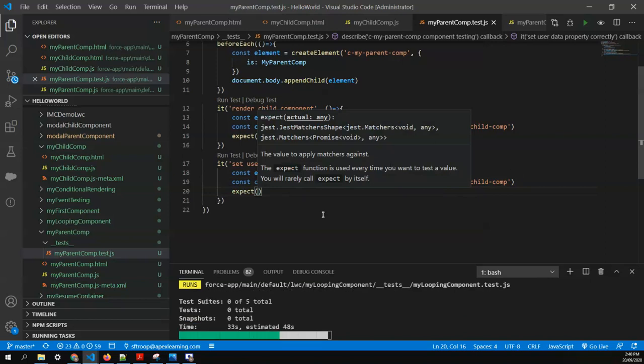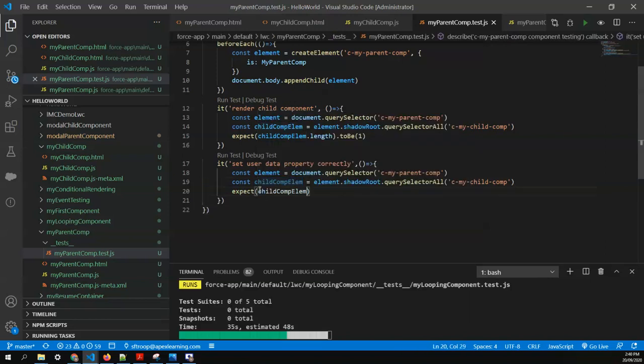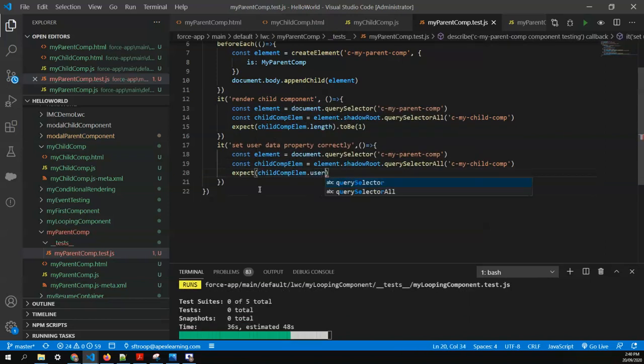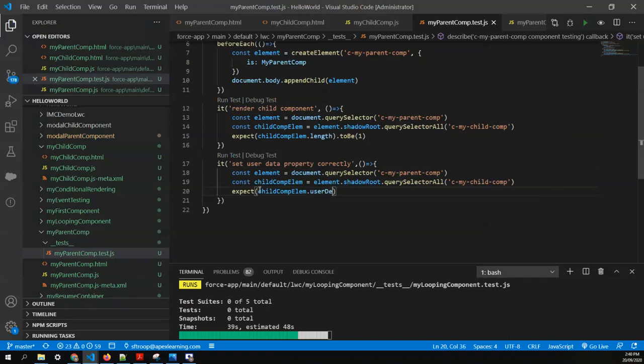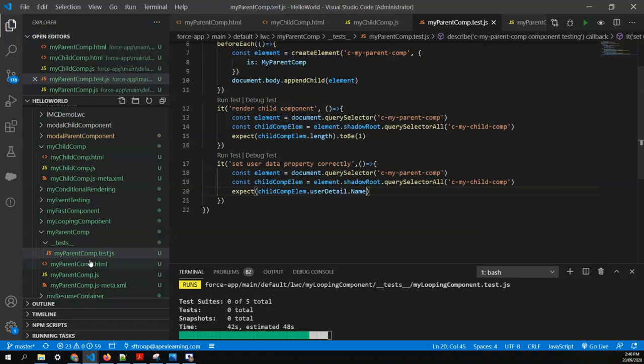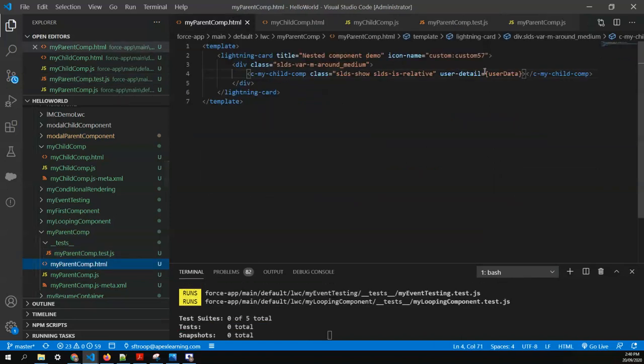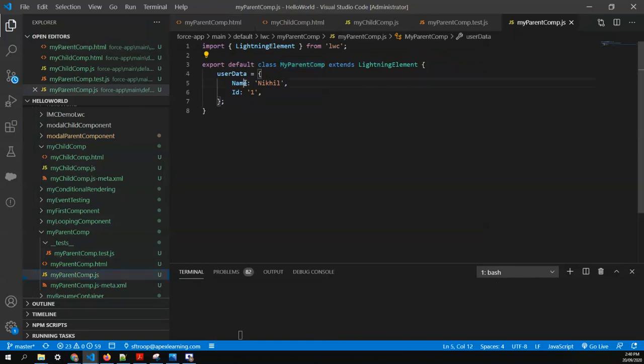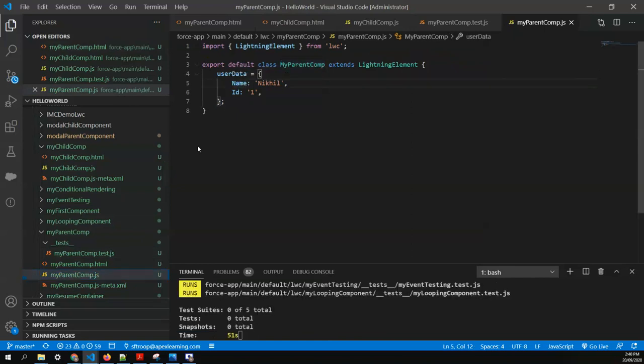And now we can check directly within this child component element dot user details dot name. So if you are passing something to an element as user detail as an object, and that object has a name property, we can make sure that user detail dot name should give me Nikhil.